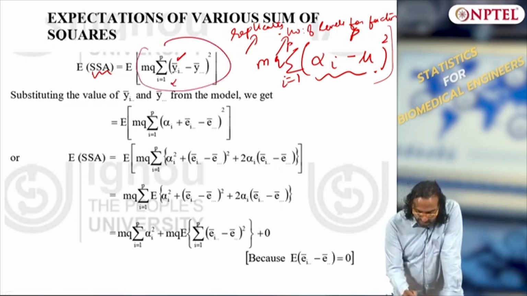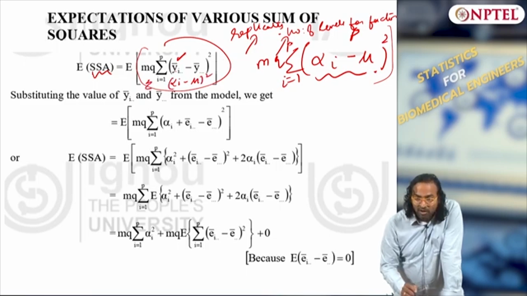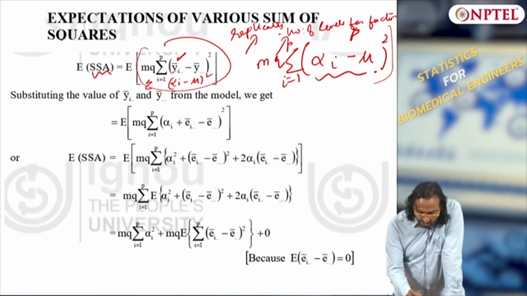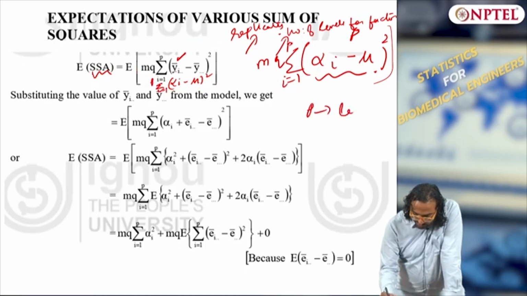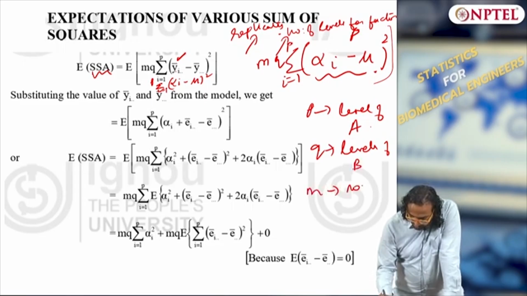This is nothing but alpha i minus mu the whole squared, and I am summing it for all levels of A. P is the levels of A, Q is levels of B,